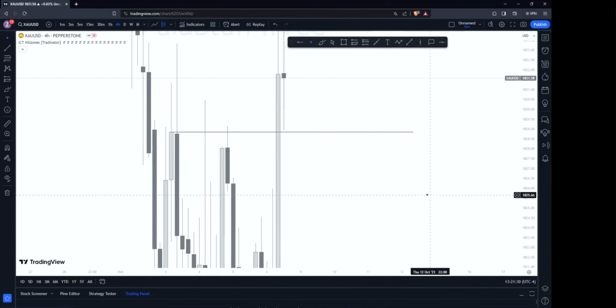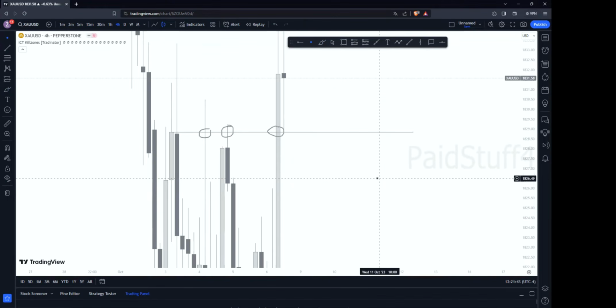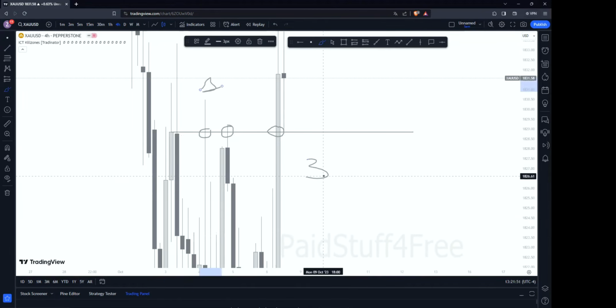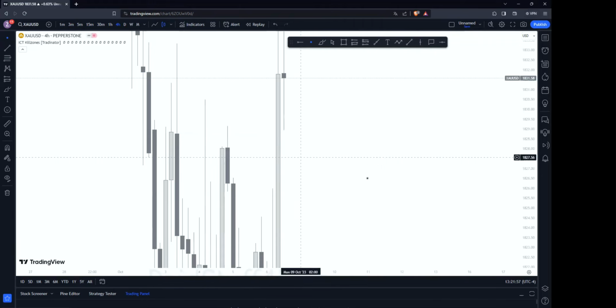Okay, it has been touched three times, not twice. Check this out. One time here, second time here. Why forget the body, guys? I never said that the body is not a touch. This is a touch. So it has been touched three times and used only once. Right here, okay? The body counts.